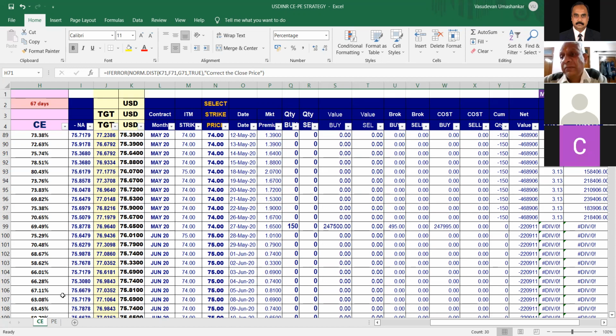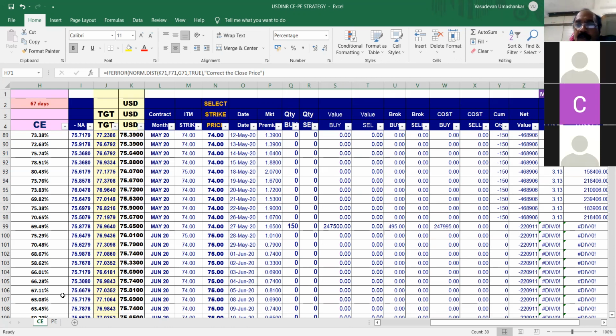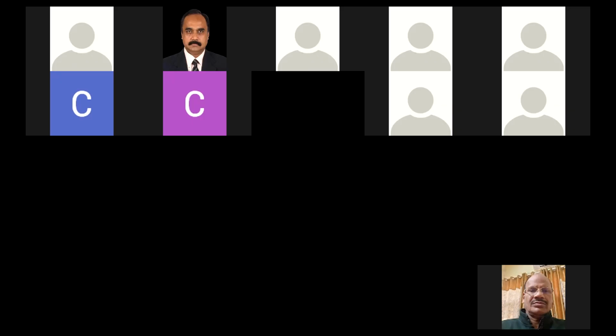उमाशंकर जी आपके ऑफ हो गए क्या? उमाशंकर जी आपका आवाज नहीं आ रहा। मेरा आवाज आ रहा है? DRS सर आपका आवाज आ रहा है। लेकिन उमाशंकर जी का लगता है नहीं आ रहा है। पुजारी जी आपका आवाज तो आ रहा है। हाँ, उमाशंकर जी लगता है लॉग आउट हो गए, दिल्ली में लाइट चला गया है।